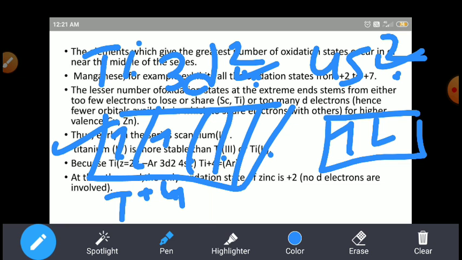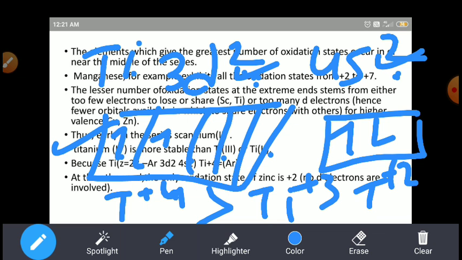The +4 oxidation state is more stable than titanium +3 and +2, because after releasing these electrons,